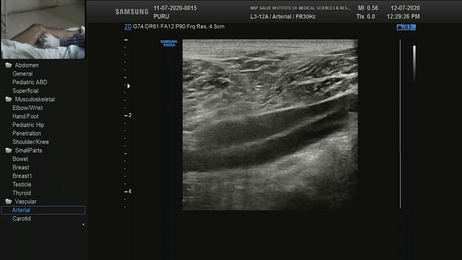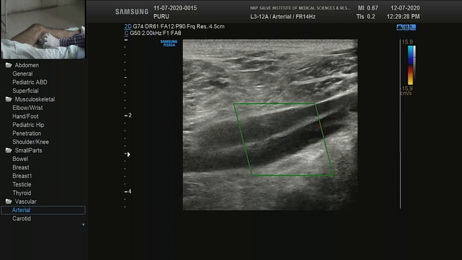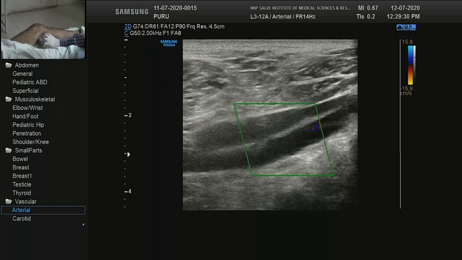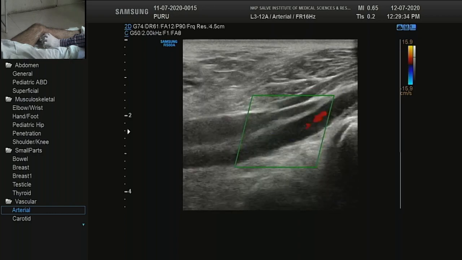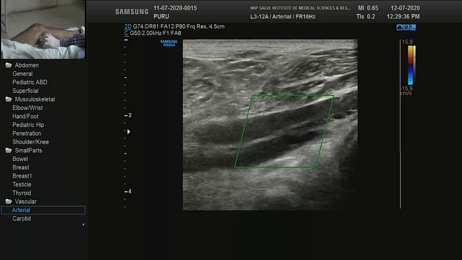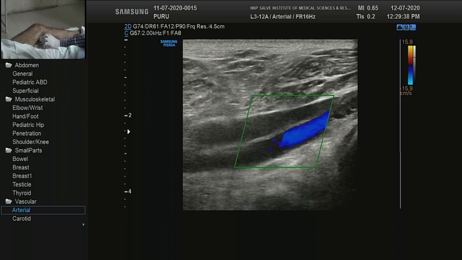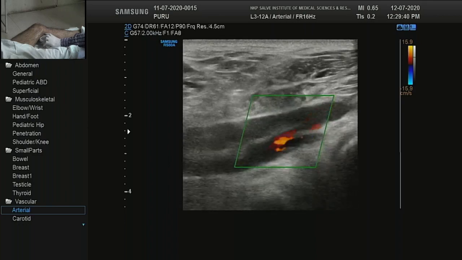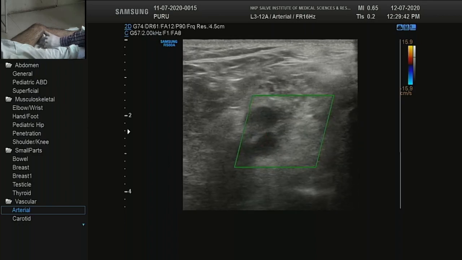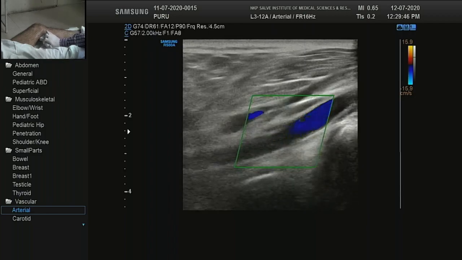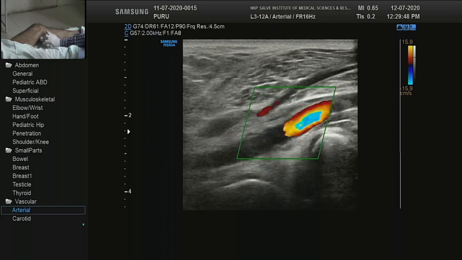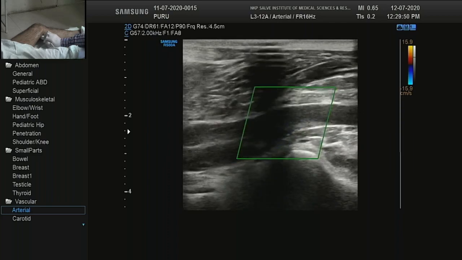Here the vein is anterior, again steer it to the other side, and you will get good flow filling of the artery and the vein. So artery and vein, if you want to again confirm, just press, the vein will be getting compressed, artery will not be getting compressed. So this is the popliteal artery,